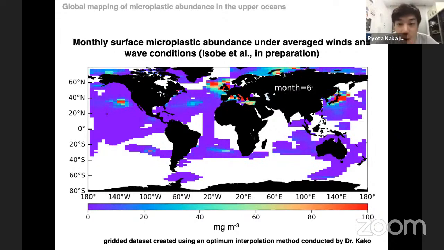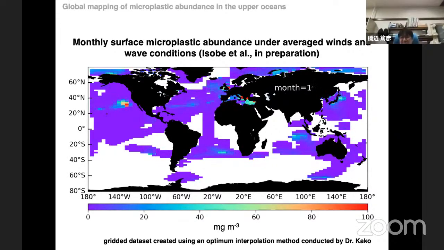Okay, so we have 2 more questions. The next question is from Delphine. You use a removal timescale of 3 years from the surface and beaches. How does this differ from the order of days of beaching and resuspension? We use a removal timescale of several years, and this is according to our study.